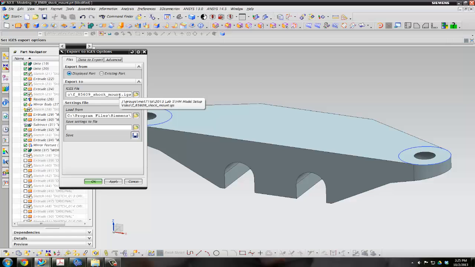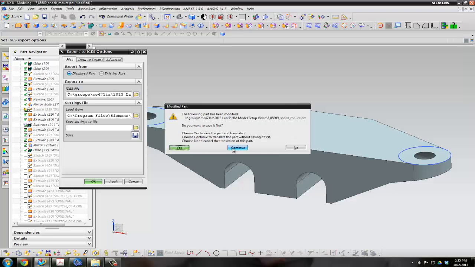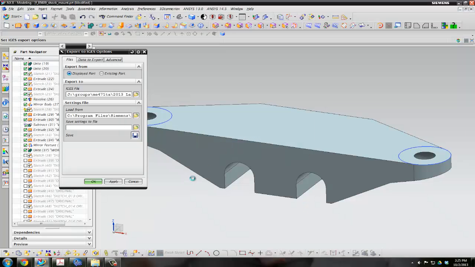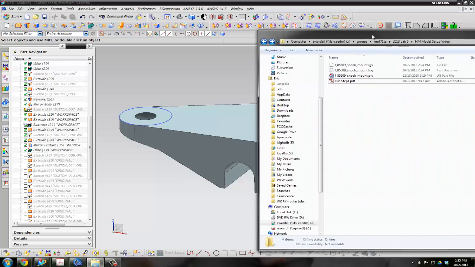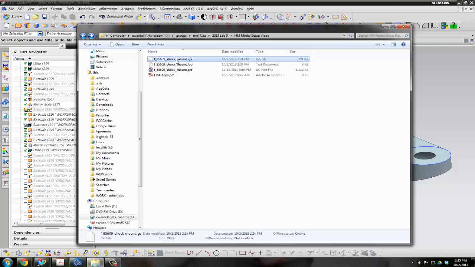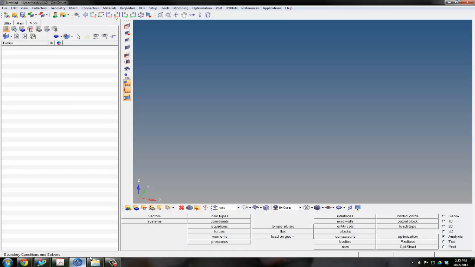So I have that already by default where I want to drop it. So I just hit OK, and yes, and I just want to continue. And now it has created my IGES file. As you can see here, this is my IGES file that I just created. It's 2:24 p.m. And so to see if it worked, I'm going to open up HyperMesh here, and let's bring